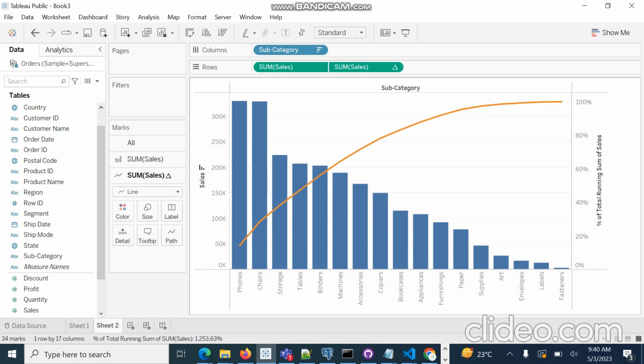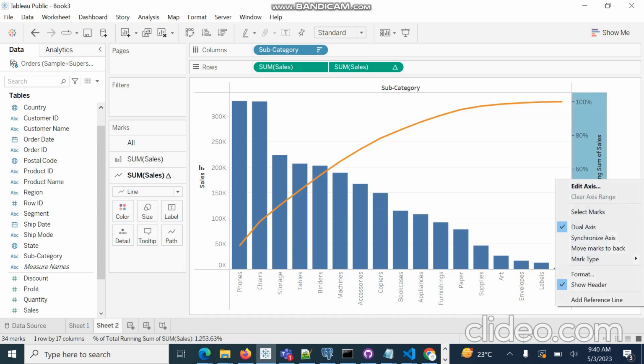We can see which state, which country, which region the top 80% of the sales and the business are coming from, and what the benefits are for 20%, 30%. So we can customize the chart in different ways. Now we will add a reference line on the secondary axis.